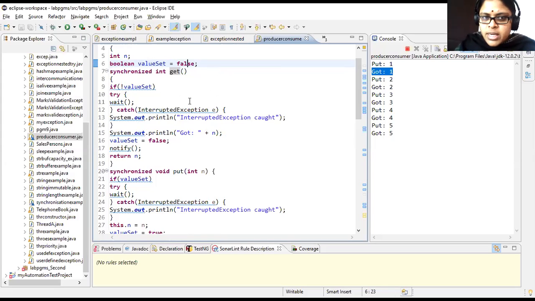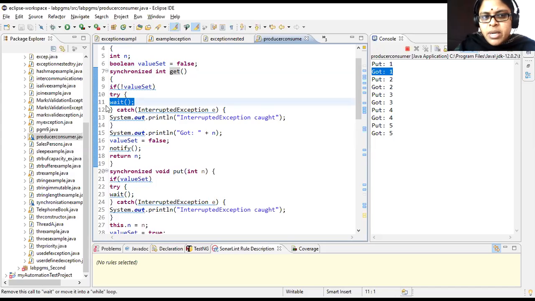So when my consumer thread is starting first, that means the producer didn't produce the data, but your consumer thread started its execution. Then what should happen? It should obviously wait. Now exactly that is what we are going to learn here. So the consumer is calling the get method. Now what is the value set? Value false. If not false, what do you mean by if not false? If true, what is happening? You are writing a wait statement now.